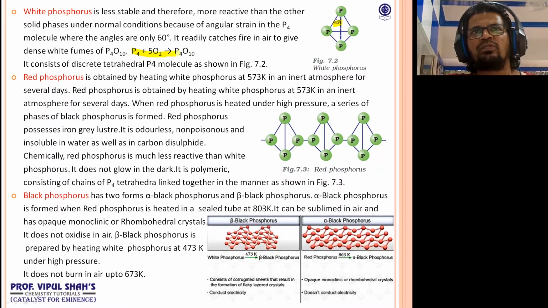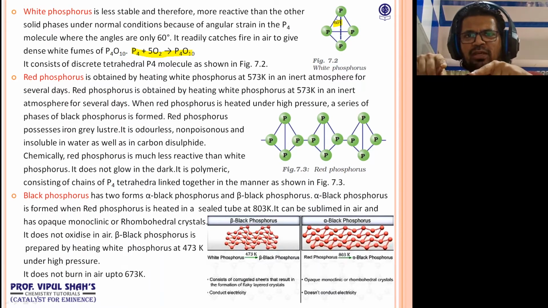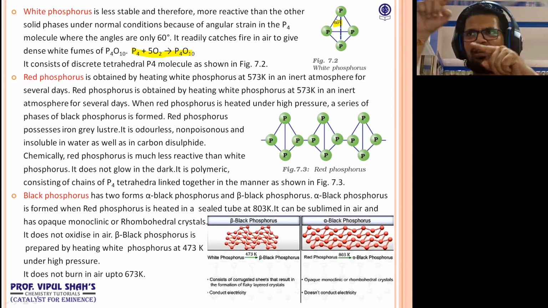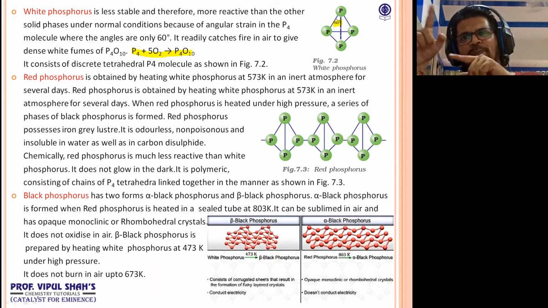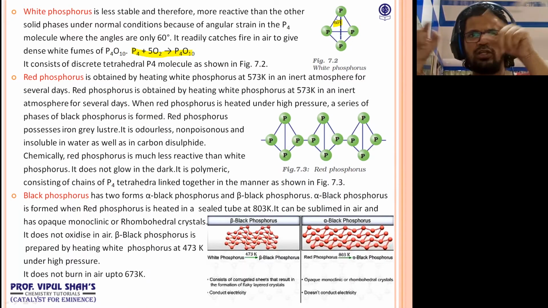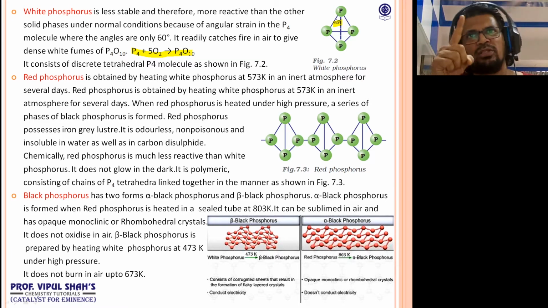Phosphorus combines with oxygen to give P4O10. Once again, the structure of P4O10: P, O on the two sides and down P. So you have a POP bond throughout. Four phosphorus, everywhere one oxygen between: POP, POP, POP, POP. At the corners, the 4 phosphorus each have a double bond to O, and the POP has 2 bonds more. There are 6 POP bonds, there are 4 P=O bonds, and there are no PP bonds. So phosphorus burns to form P4O10.